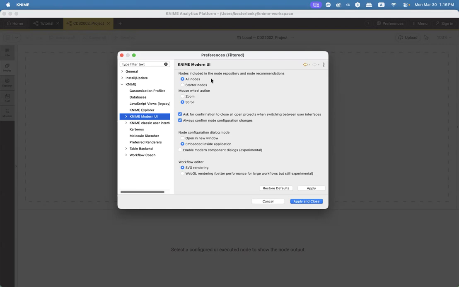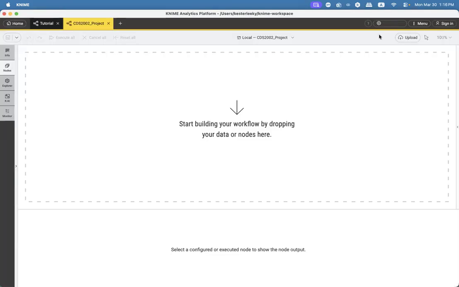Let me remind you once again. In order for you to have access to all the functional nodes, when you are creating the machine learning workflow, you must go to preference. Go to preference by pressing this button.